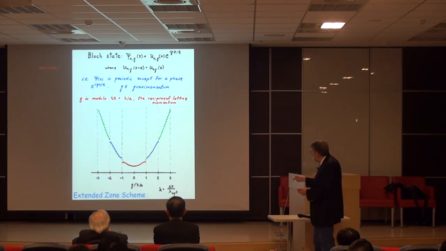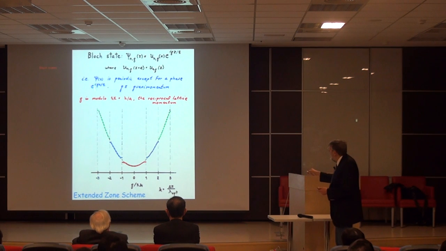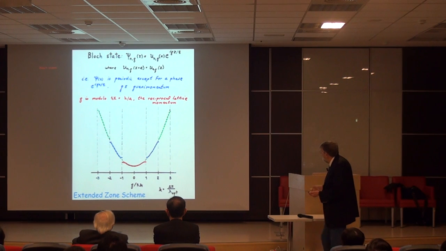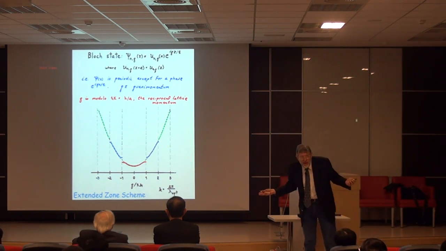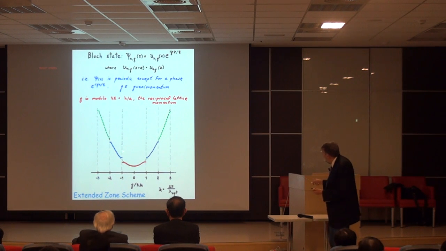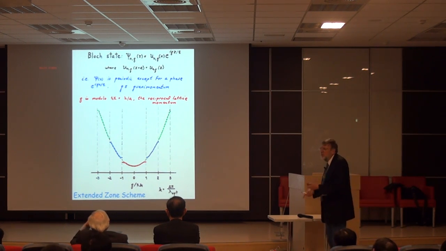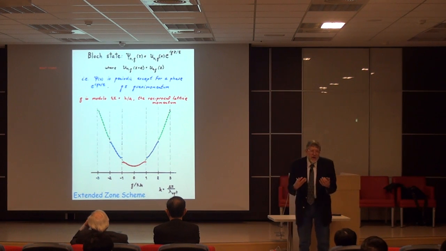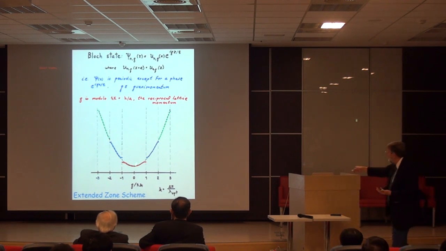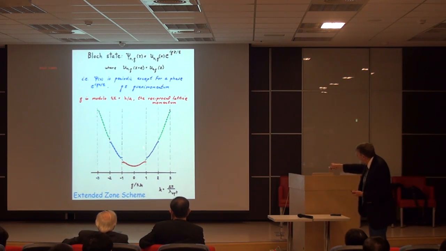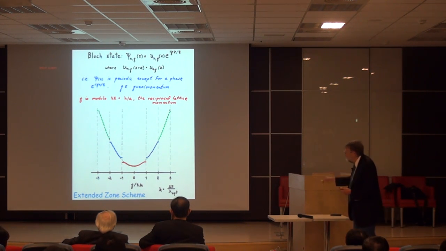What about the eigenenergies? Well, here's a picture of the eigenenergies, and you often see this picture at the beginning of condensed matter physics textbooks. The dotted line here is what the energies would be if I were in free space. If I were in free space, the energy is just p squared over 2m. But when I put on a lattice, we open up these band gaps. So this is one of the really important features of physics in a periodic potential, that we have these band gaps, these places in energy that are forbidden. And they occur at the edges of the Brillouin zone, the surfaces that are halfway to the next reciprocal lattice